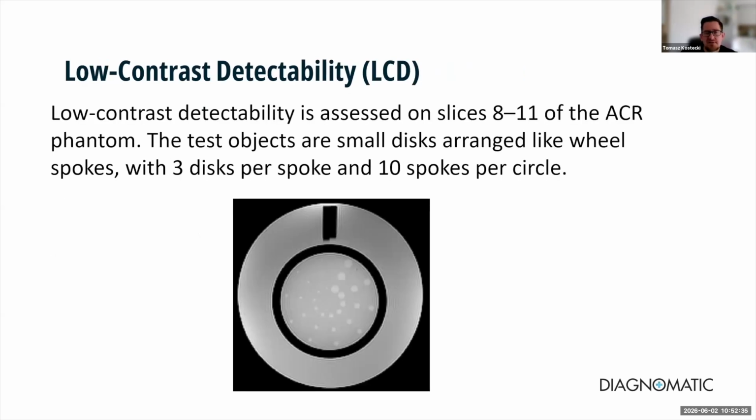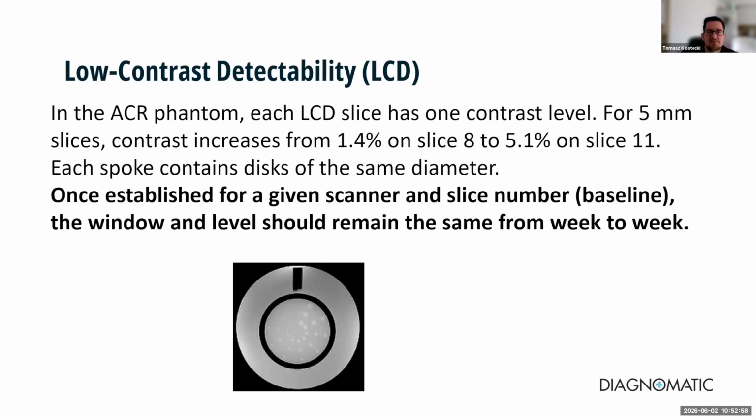Low contrast detectability is assessed on slices 8 to 11 of the ACR phantom. The test objects are small low contrast discs arranged like the spokes of a wheel. Each spoke contains 3 discs, and each circle contains 10 spokes. Each LCD slice has one contrast level. For 5 millimeter slices, contrast increases from 1.4% on slice 8 to